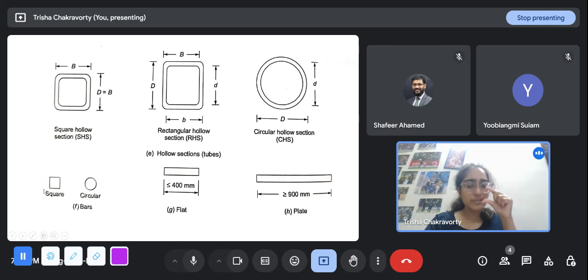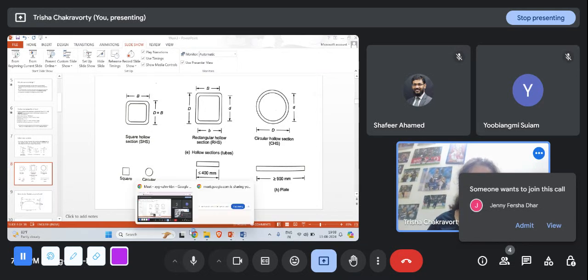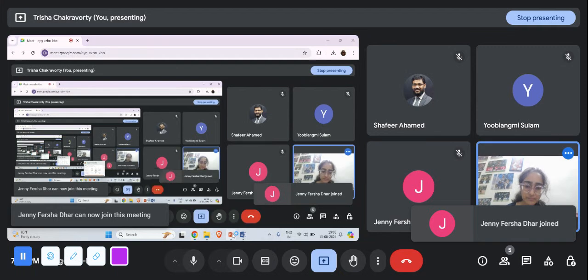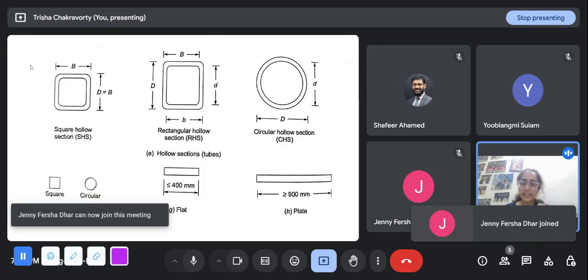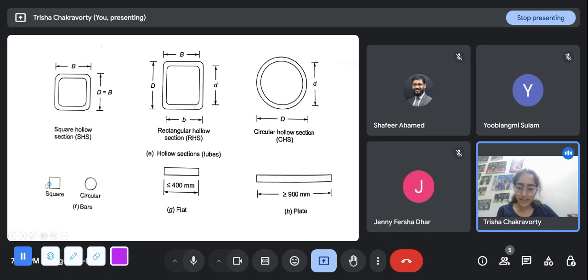These are bars, and they are of dimension much smaller. Since steel as a material is so much stronger than concrete, these bars that have square or circular cross sections have dimensions much smaller than the kind we are accustomed to while designing concrete structures. For example, in columns and beams, the cross sectional dimensions were of the order of 250 mm, 350 mm, 600 mm, and in steel we cannot even imagine that thick a section. So these are much smaller sections, of the order of tens of millimeters.